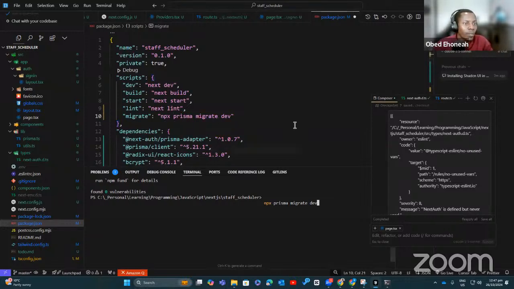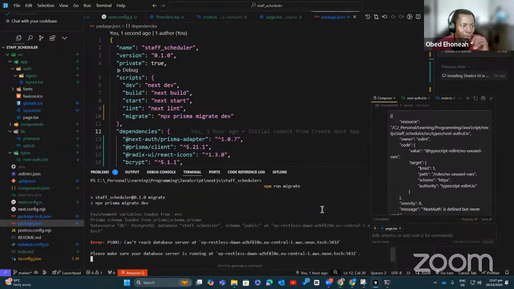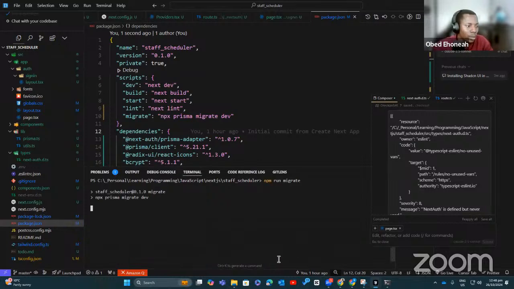So now if I save this, I do not have to type all this. I just need to say npm run migrate. Then it will ask me for the name of the migration. Oh, can't reach database. This thing happened to me the last time. I don't know if Neon sometimes has issues, but we'll run it again.